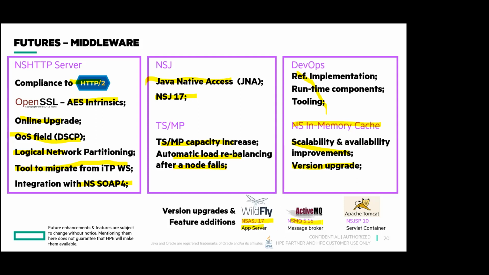And NSMQ, our message queue for the Java-based applications, we wound down our old product called Nonstop JMS, and this is a replacement, and we are jumping from some version 5 point something to 5.16, 5.0, I think, to 5.16. It's a message broker. And NSJSP has been running for more than 14 years now. Servlet container, we are on 8.5, we will jump to 10. All these version upgrades, it's not simply version upgrade, but feature additions are there in them. I will talk about them later when we are close to the release.